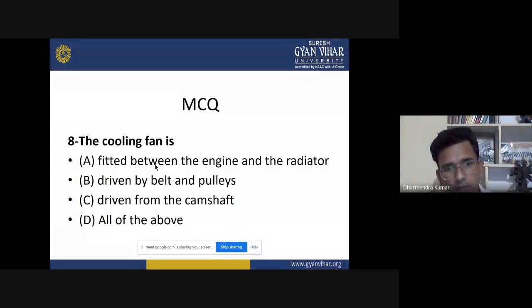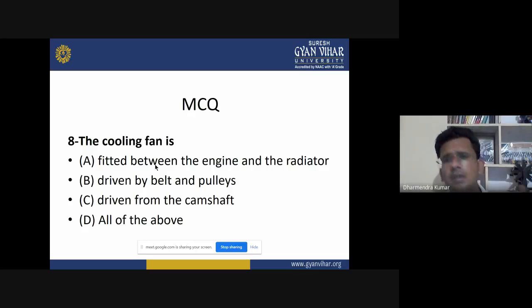Now the eighth one is the cooling fan. It is asking about the place where the cooling fan is located, or where the cooling fan is associated along with another component of the engine. The first point is fitted between the engine and the radiator, driven by belt and pulleys, driven from the camshaft,